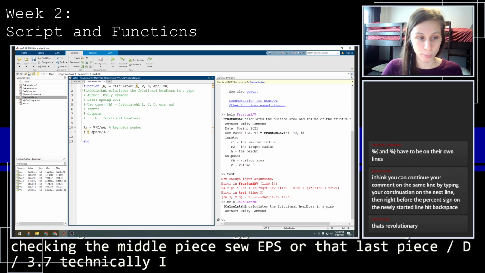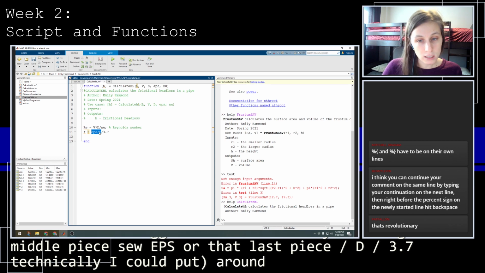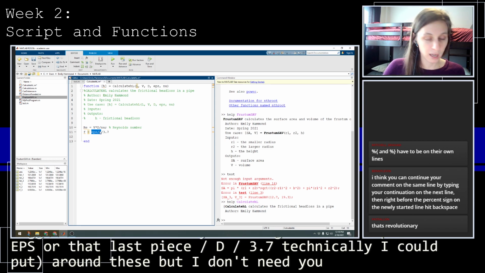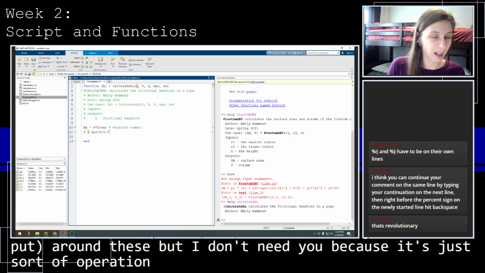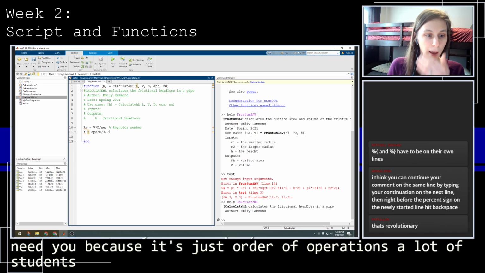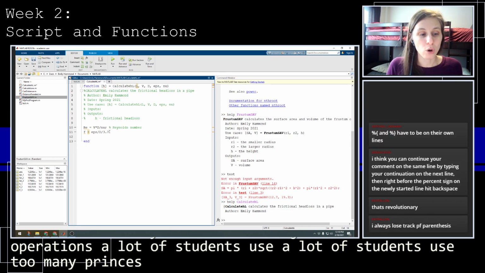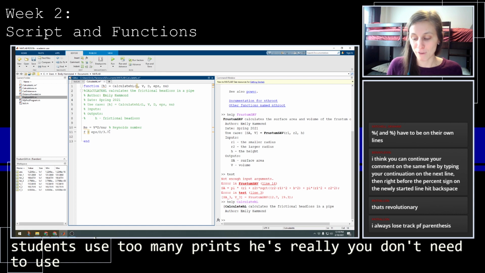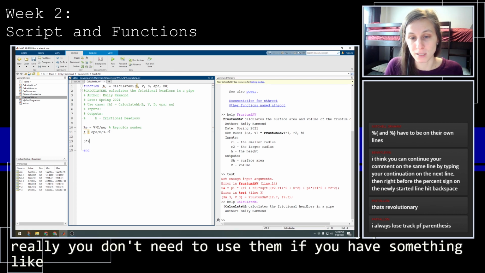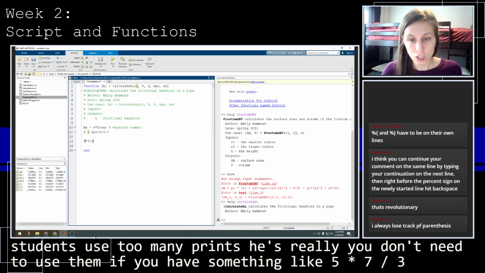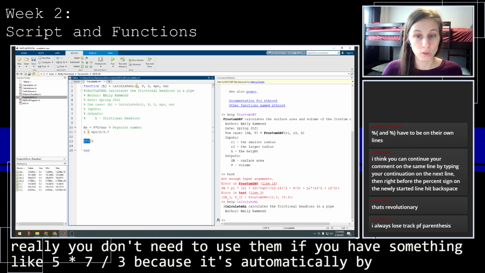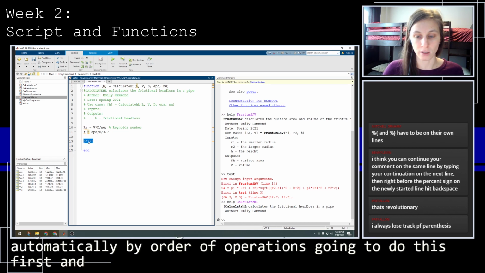So I'm going to start by calculating that middle piece. So EPS, or that last piece, divided by D, divided by 3.7. Technically, I could put parentheses around these, but I don't need to because it's just order of operations. A lot of students use too many parentheses. Really, you don't need to use them if you have something like 5 times 7 divided by 3, because by order of operations, it's going to do this first and then divide that final answer by 3.